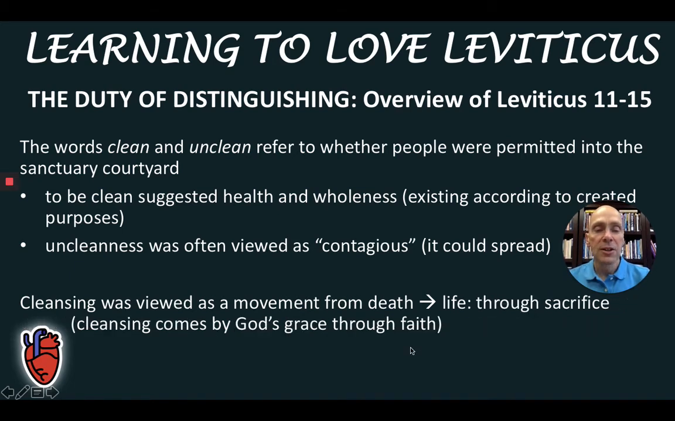And of course, we see in this that this application of water, and specifically the application of blood, comes through the sacrifice that God himself has provided in his grace. And so cleansing is an act of God's grace that comes by faith. And so if I were to simply read that statement there on the PowerPoint slide, cleansing comes by God's grace